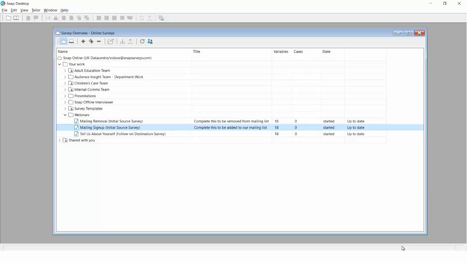So we're going to start by looking at the survey in Snap Desktop. I'm going to be using 3 different surveys today, but in my first example, I've got a mailing sign-up survey. So this is the initial survey we're talking about, which we call a source survey. So if I go into that initial survey,